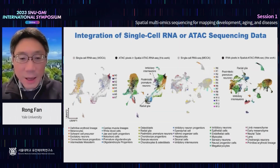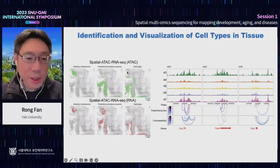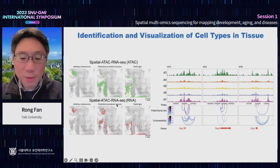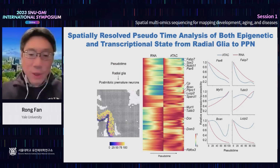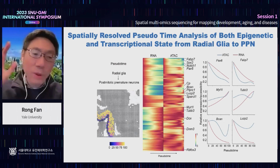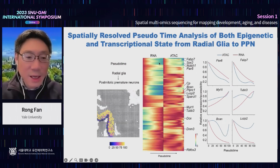And again, you can also do all this kind of co-embedding to transfer the different cell types and visualize where they are, and they're very similar to what I described in a spatial ATAC or spatial kinetics data analysis. But what is interesting here is, now once you have both, you can really examine some interesting biological processes. For example, the differentiation of neuronal progenitor cells, in this case, radial glia,